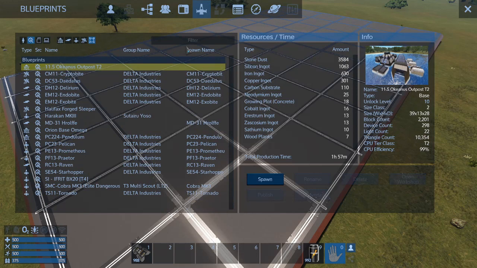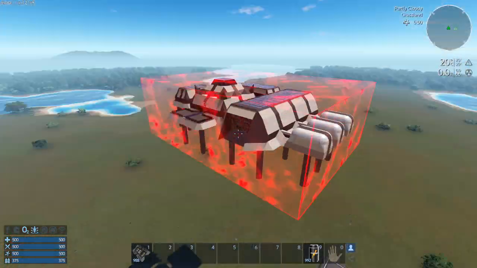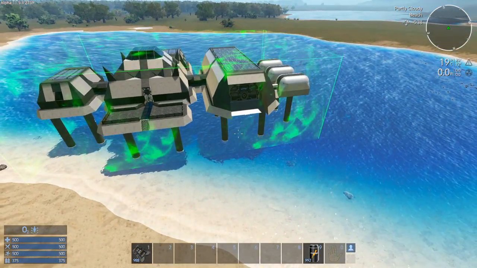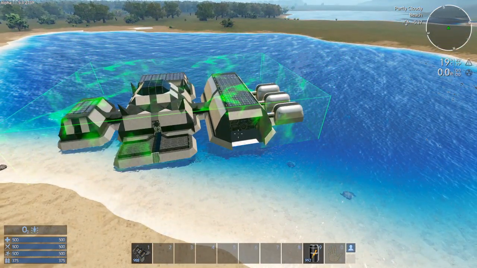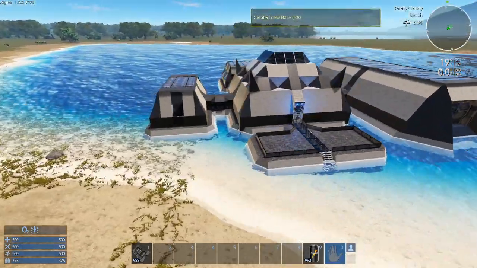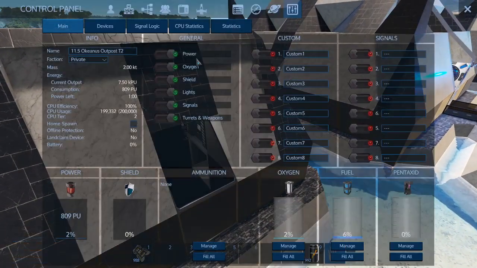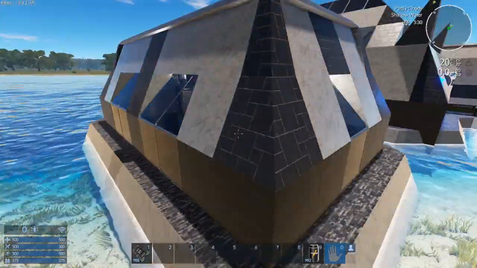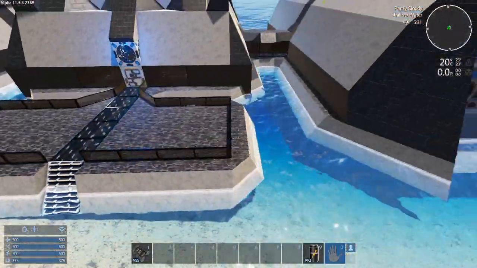So, as always, 8 of the most popular vessels this week. First we have 11.5 Oceanus Outpost Tier 2. Let's go to the water and plop it right there. I think that's how you are supposed to lower it. Creator is wrathful. Hopefully I pronounced it correctly. So,